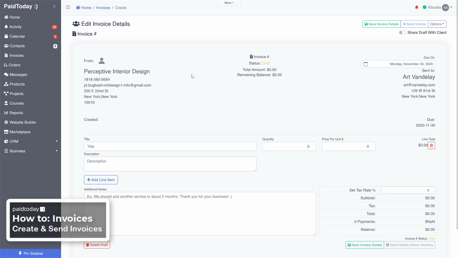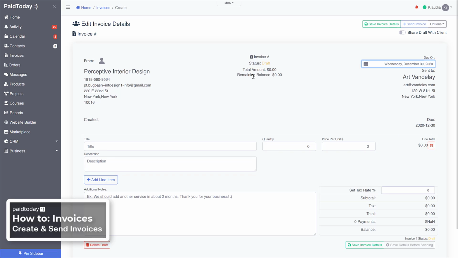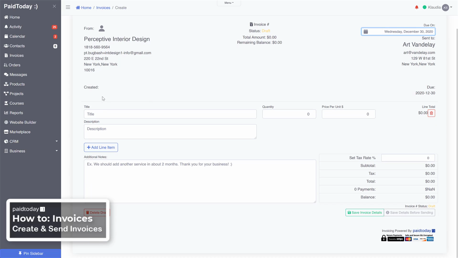So to get started, now that we've got our invoice created, we're going to go ahead and choose the due date, and we'll go ahead and say it's the next month on the 30th, and then we'll go ahead and add our first line item. So our line item here, let's give it a title, say hourly labor rate, for example, and we'll just say 8 hours